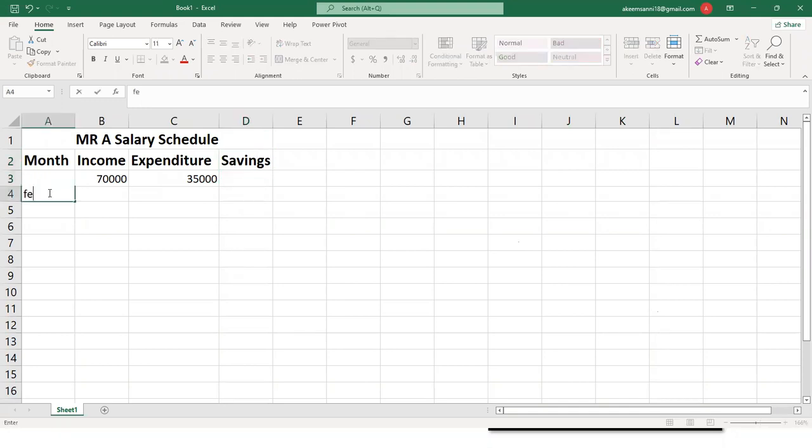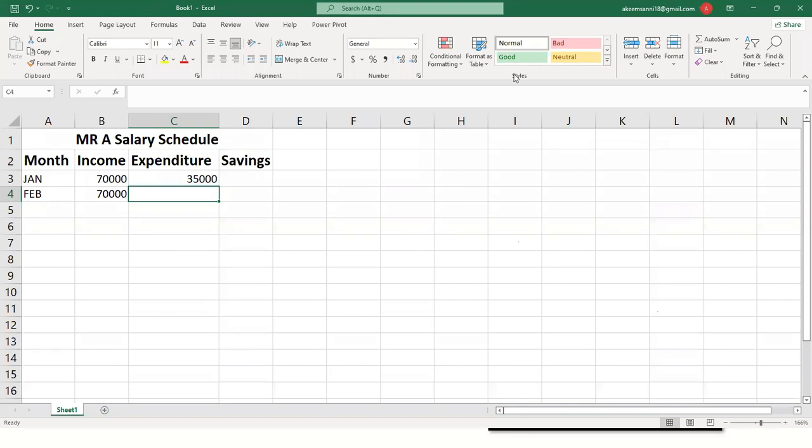Let's move forward. Let's go to February. So for February, the same amount, right? 70K. And for February, let's say because of election, the expenses increase. So it's increased to, let's say, 45,000, right? For the month of March,